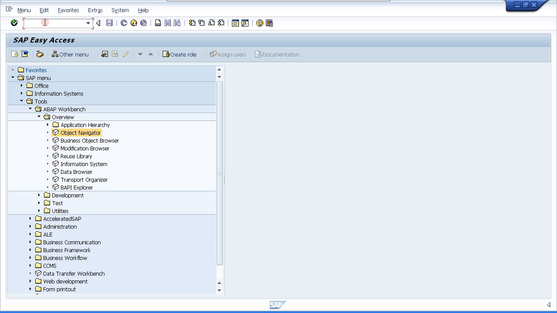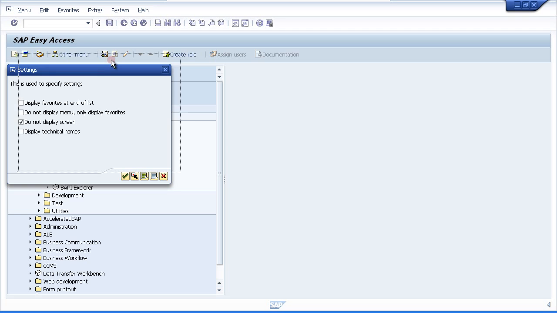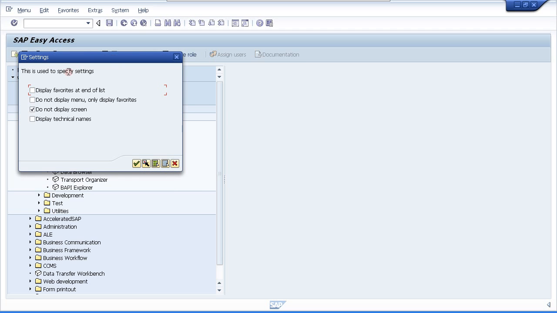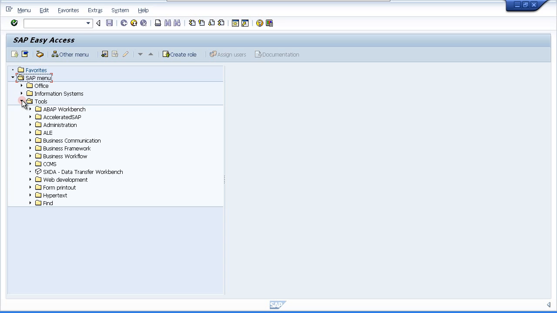Now, a little trick so that you become familiar with all the different SAP transactions, and to make it so that you don't have to go through the menus all the time, is to have a look or navigate to the Extras menu, go to Settings, and the dialog box that comes up has 4 options. Choose the bottom one that says Display Technical Names. Click the little continue icon with the green tick, and now it's refreshed the menu, and when you navigate inside,